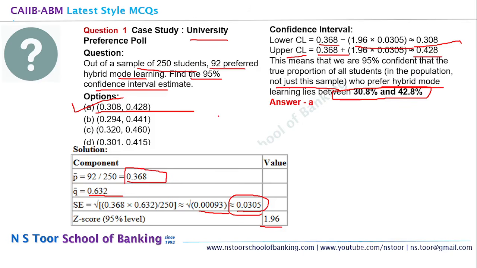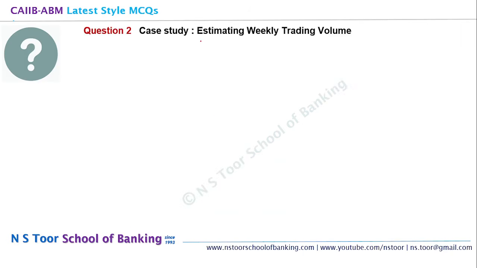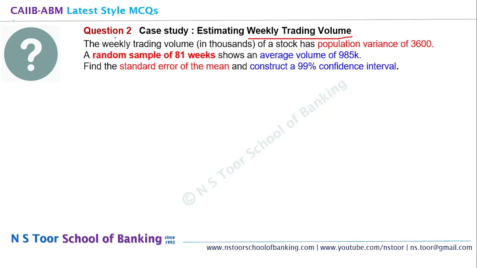Now let us go for the next question: estimating weekly trading volume. Firstly, we will read the statement, then we will go for the actual calculation. A weekly trading volume in thousands of stock has a population variance of 3600. What is the population variance? Population variance is 3600, that is sigma square. Then a random sample of 81 weeks shows an average volume of